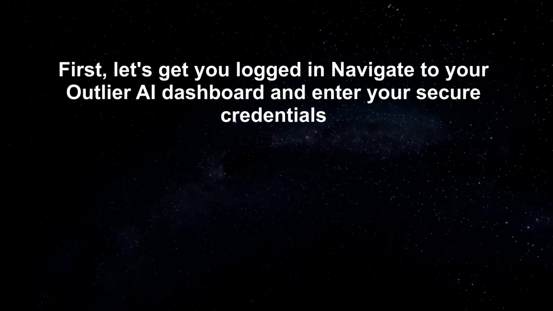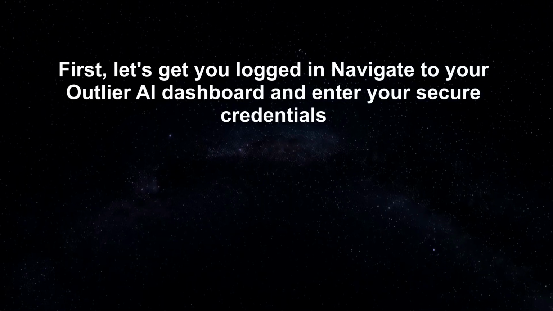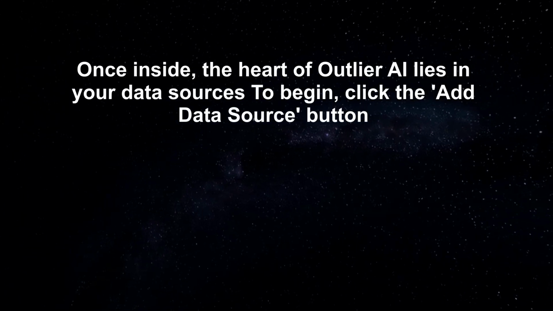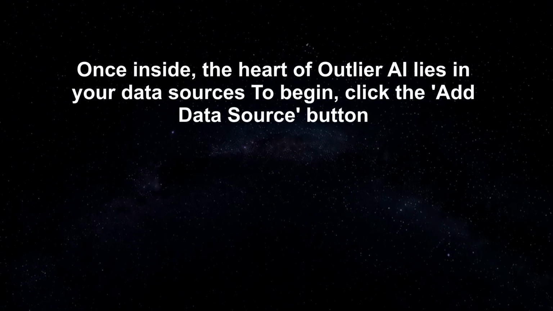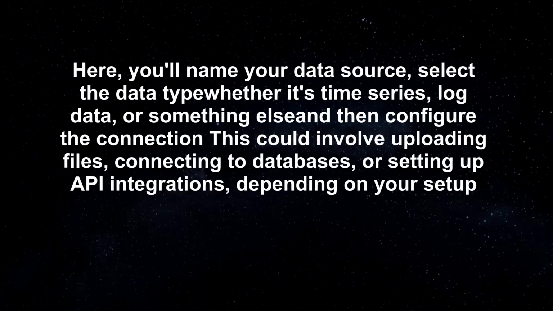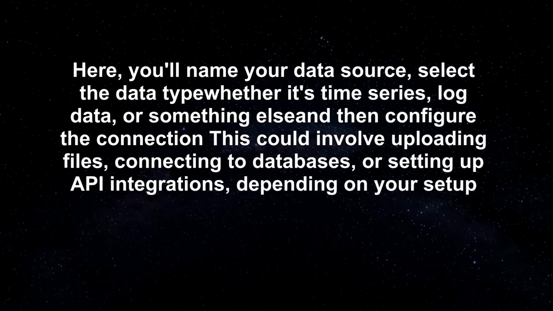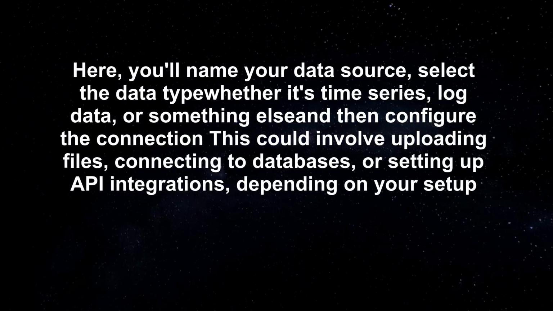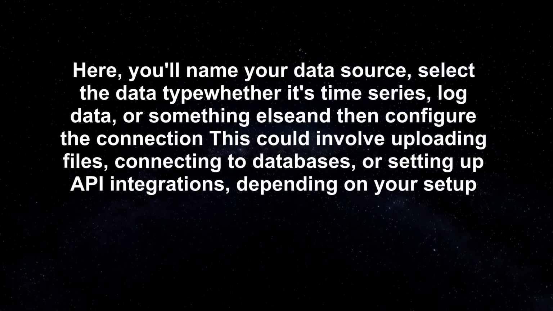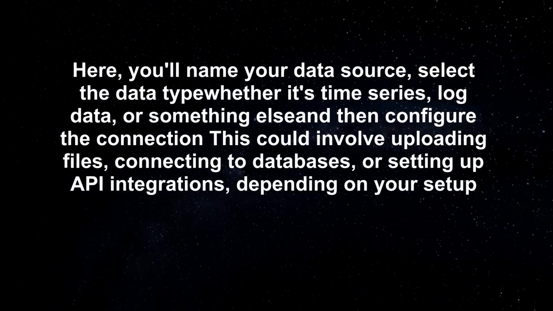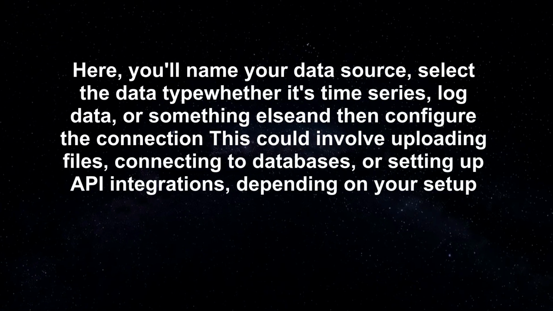First, let's get you logged in. Navigate to your Outlier AI dashboard and enter your secure credentials. Once inside, the heart of Outlier AI lies in your data sources. To begin, click the Add Data Source button. Here, you'll name your data source, select the data type, whether it's time series, log data, or something else, and then configure the connection. This could involve uploading files, connecting to databases, or setting up API integrations, depending on your